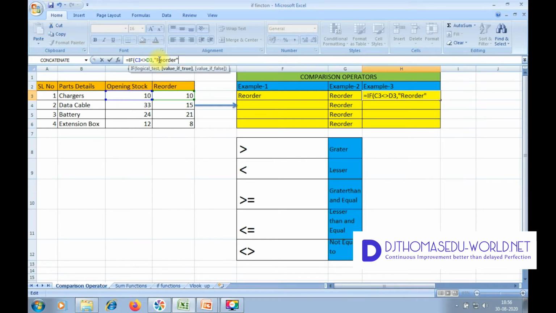What is the value if it is false? I'll say I don't need anything. I'll just close the bracket and give enter. Now just propagate it down. Here,